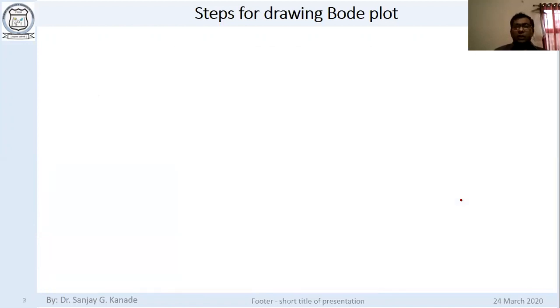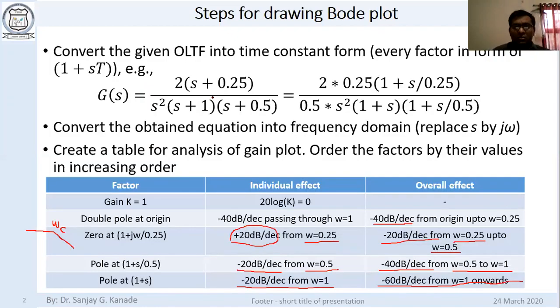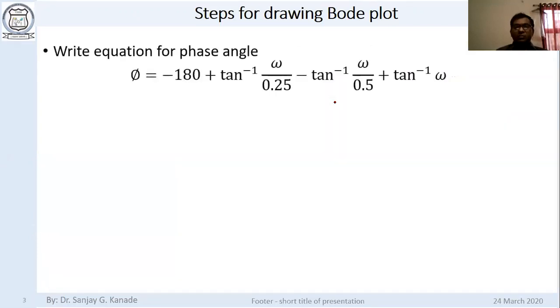Okay. Now the next part in the Bode diagram plotting is to write the equation for phase angle. Now this equation is always very straightforward. Okay. You see, this was our equation, right? Each of the components here, you have to look down here. In this equation, this has cancelled out. So what remains is S square, means (j omega) square. Means tan inverse of what? Tell me, (j omega) square it is, right?